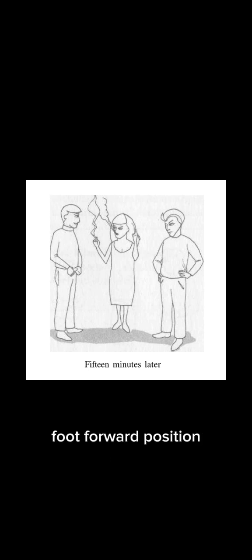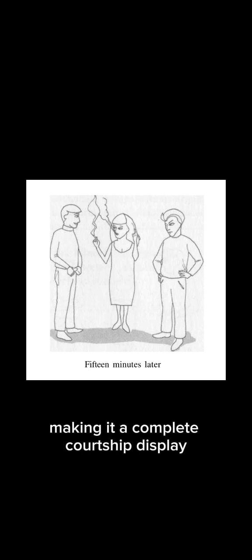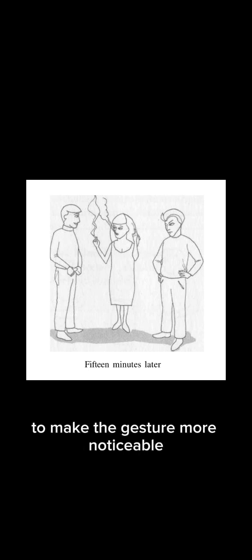The attitudes and emotions of these people are now clearly shown by their body language. The man on the left has kept his thumbs in belt, foot forward position, and has turned his body more towards the woman, making it a complete courtship display. His thumbs are also gripping his belt much tighter to make the gesture more noticeable,